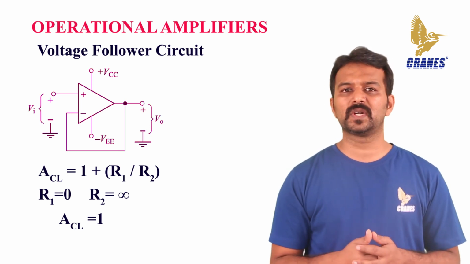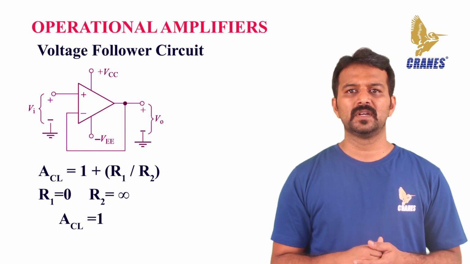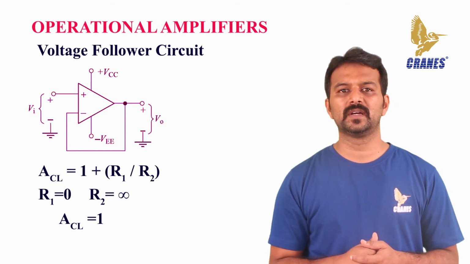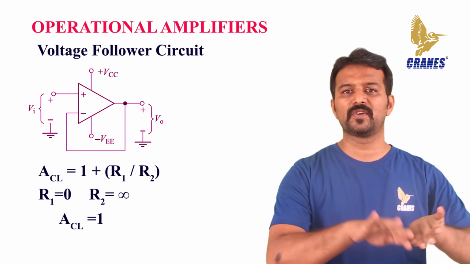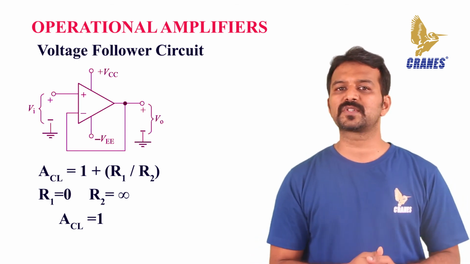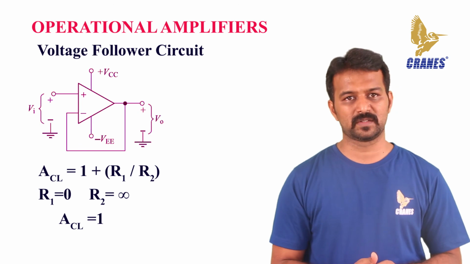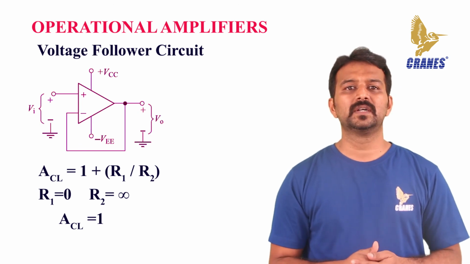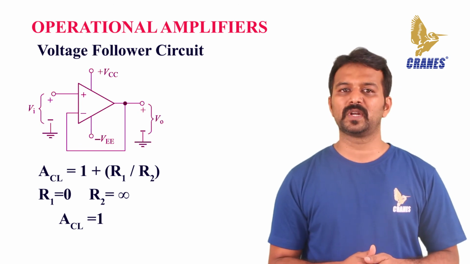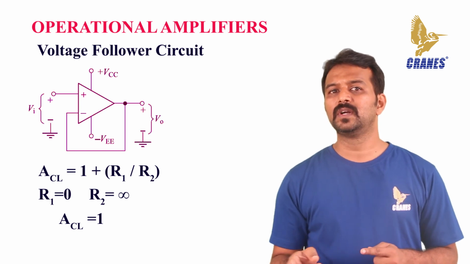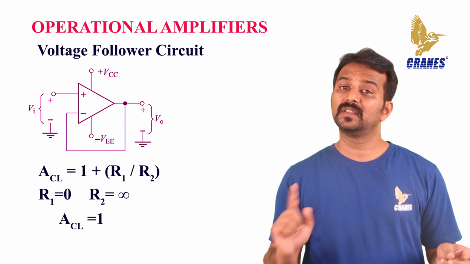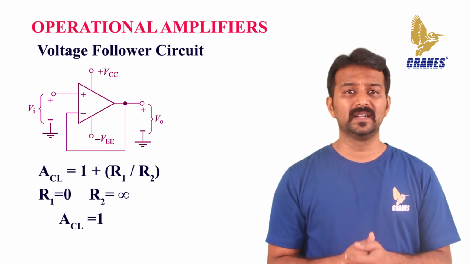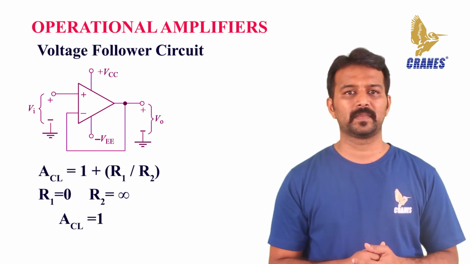The voltage follower or the unity gain buffer circuit is commonly used to isolate different circuits, that is, to separate one stage of the circuit from another, and also it is used in impedance matching applications. In practice, the output voltage of the voltage follower will not be exactly equal to the input voltage applied, and there will be a slight difference. This difference is due to the high internal voltage gain of the op-amp.